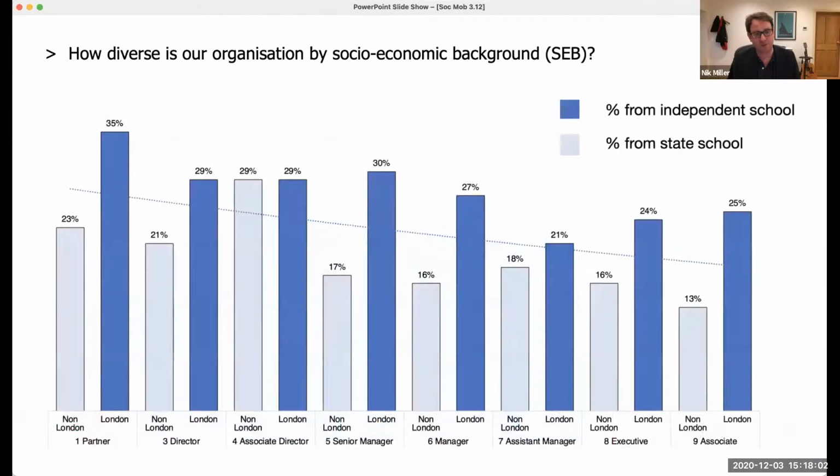So you could probably draw this if I asked you to, but here's the data from a large accountancy firm looking at the different levels of seniority on the x-axis, along with London and non-London, and then the percentage of the workforce in each of these cross-sectored areas that went to independent school. So we can see that there's a general trend, the blue diagonal line, towards a higher proportion of people attending independent school based on level of seniority, but also this disparity that people in London are much more likely to have attended an independent school. These are useful data points to help understand then how we might target interventions and change.